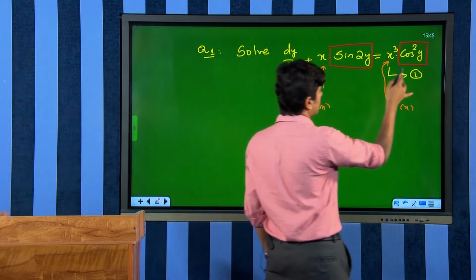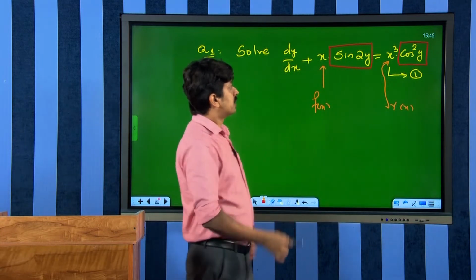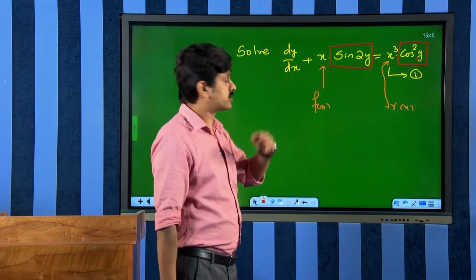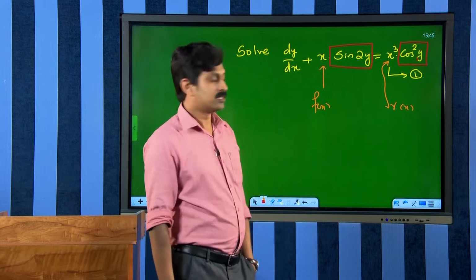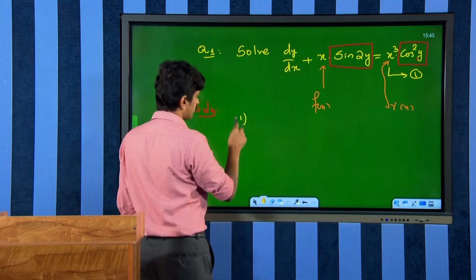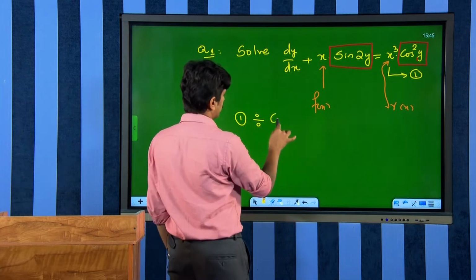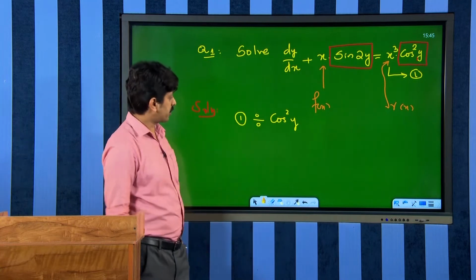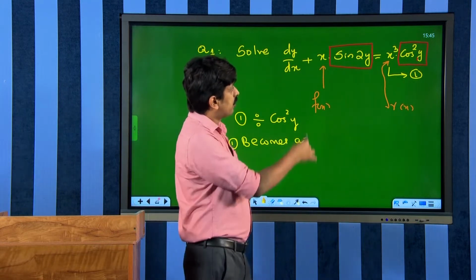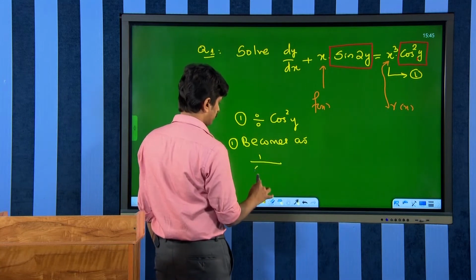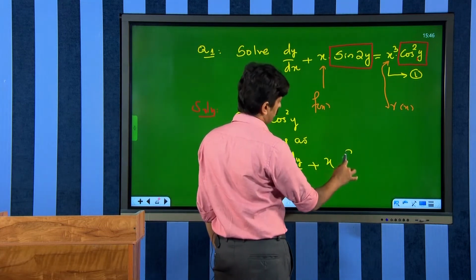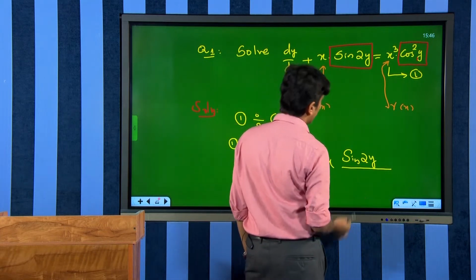In that Bernoulli's equation, we divide throughout that equation with the term containing y or the power of y. Here, we will divide equation 1 with cos square y. So, while finding the solution, equation 1 can be divided with cos square y. Therefore, equation 1 becomes 1 by cos square y into dy by dx plus x into sin 2y divided by cos square y,